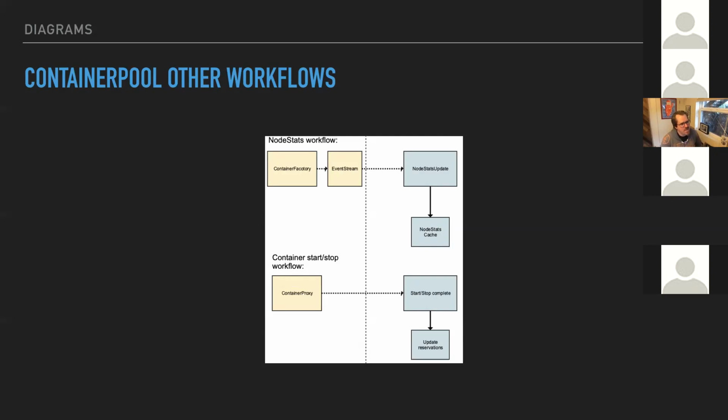But it's basically a decoupling point to separate out the generation of these node stats data from the container pool and keeping the container factory from getting too mixed up in everything that the container pool is doing.